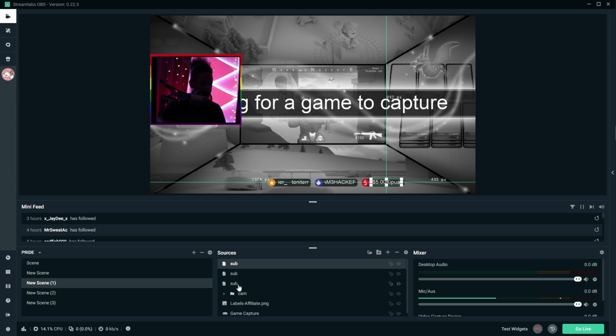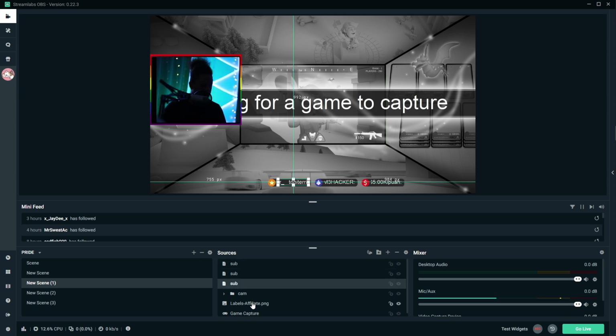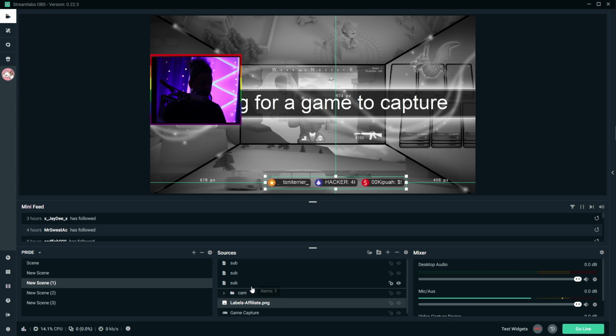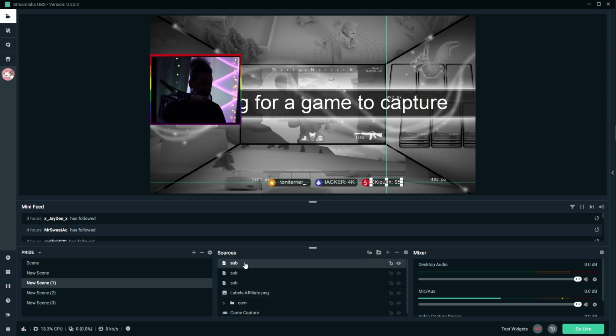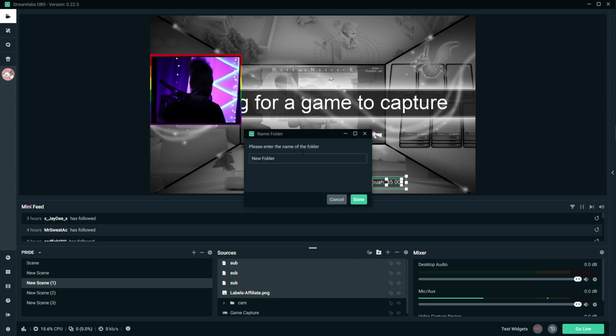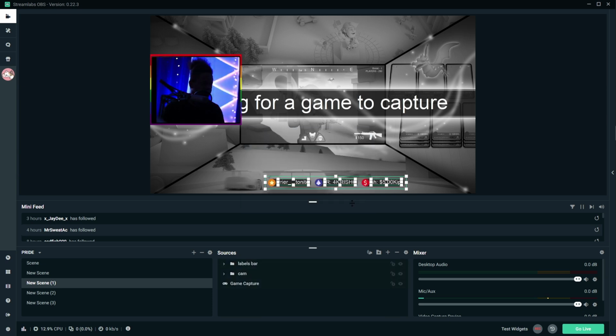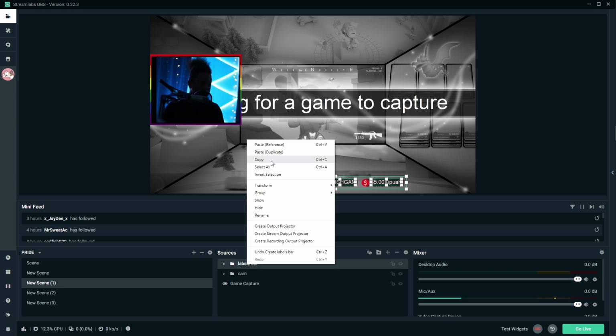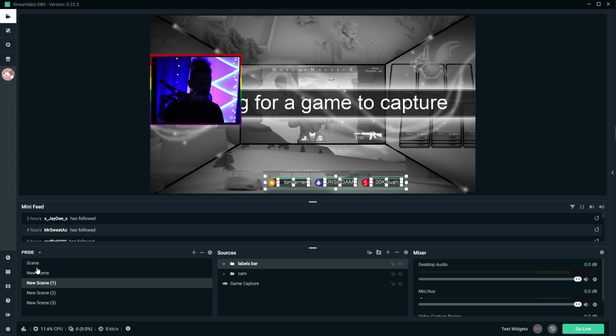Now you can group those up, right? So just make sure that the actual overlay, the labels bar, is selected with them. You can hold control, select them one by one, click this, and then labels bar. Boom. Now the cool thing here is that this labels bar, I can right click it, click copy, and then